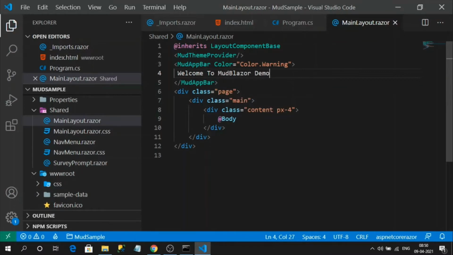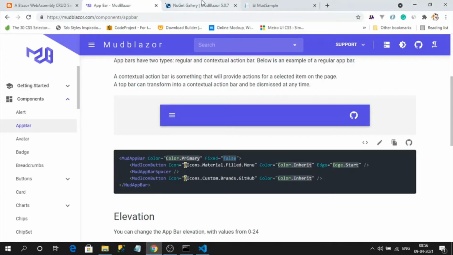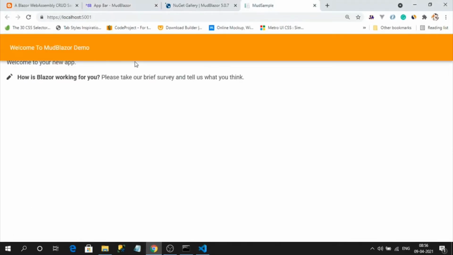So here I have rendered it in MainLayout.razor, since I want this app bar to be rendered on every page, right? So I have added it in MainLayout.razor. Okay, let's check the output of our application. See, now it is much better than previous, right? Now we have some